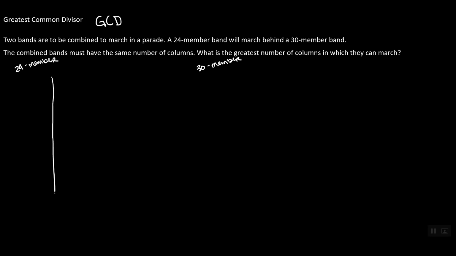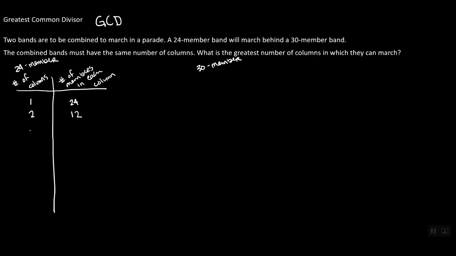Let's make a table where the left side is the number of columns, and the right side is the number of members in each column. Okay, so we could have one column with 24 members in that one column, two columns with 12 members in